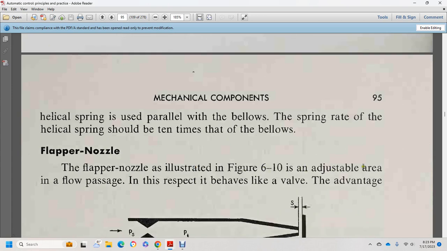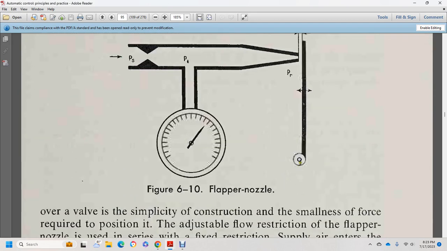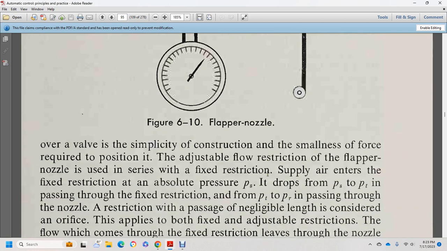The flapper nozzle is illustrated in figure 6.10, with adjustment of area and flow passage with respect to the behavior of the valve. This advantage is shown with the meter and the flapper nozzle up against a flat surface over the valve, with the simplicity of construction and the smallest force required to position the adjustable flow restriction. The flapper nozzle with the sphere has a fixed restriction that supplies air into the